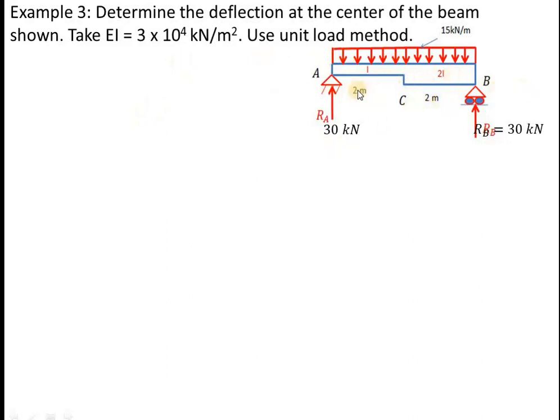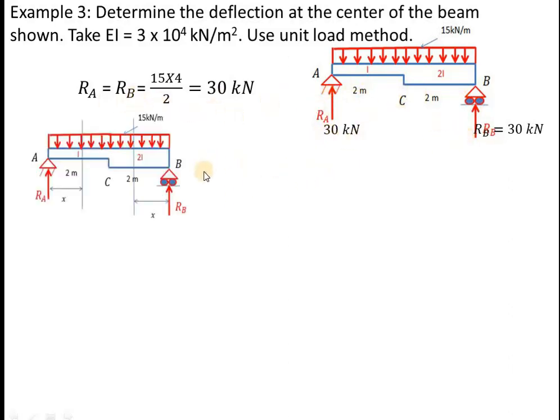So this is a non-prismatic beam with portions of different EI. If you calculate the reactions for the given beam, you know the loading is symmetrical. Total load divided by 2, that is 15 into 4 divided by 2. So RA equals 30 kN and RB equals 30 kN. Now to apply the unit load method, first we calculate capital M,